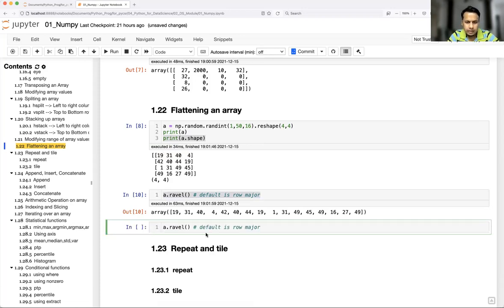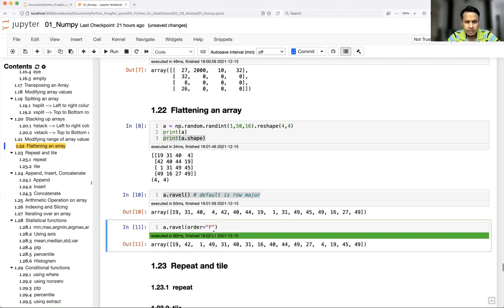Okay, now in another option, you can have column major also, right? So how to do that? You need to give an extra argument. So I would like to get 19, 42, 149 as the first 4 elements, then 31, 40, 31, 16 like that and so on. So here we have something called order. So you just mention order. If you don't remember, watch my previous video, I've talked about order. By default, it is having C style.